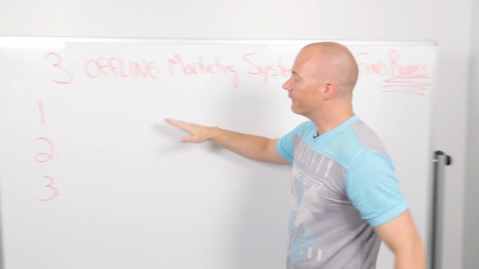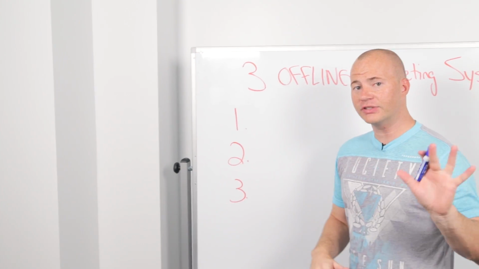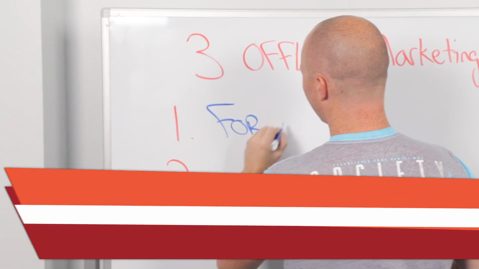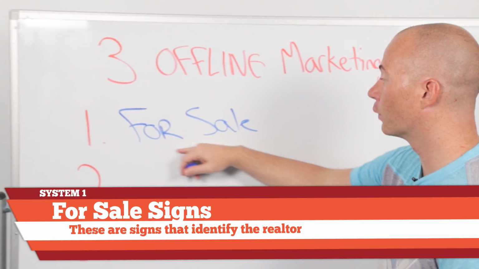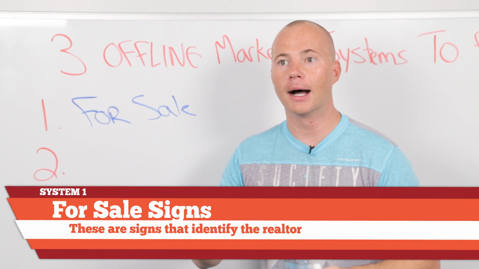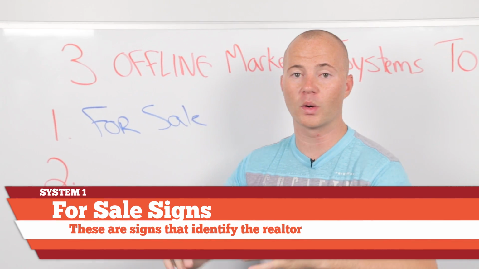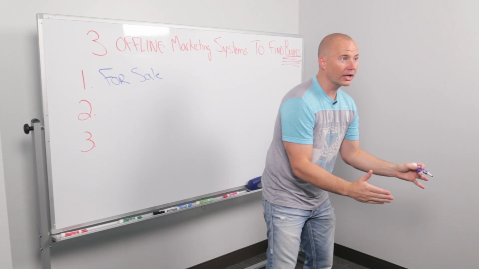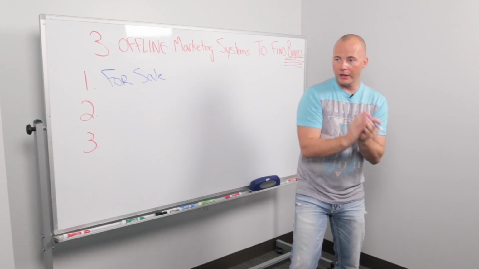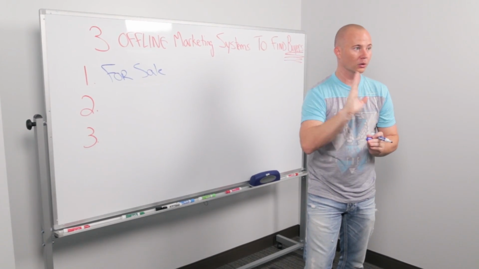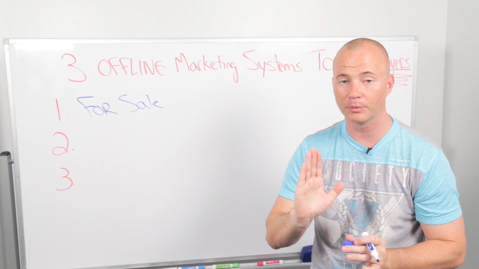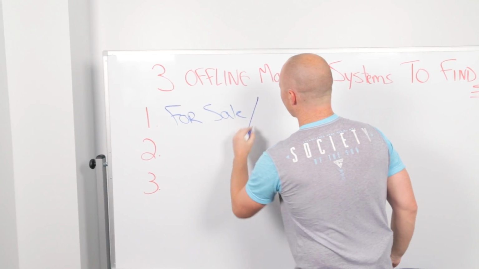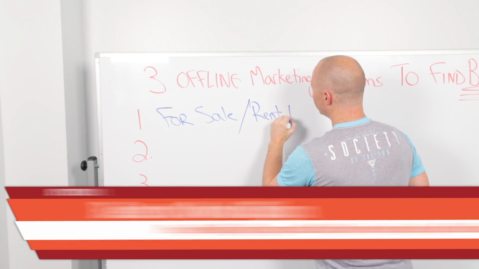The very first one is that on every single property that we have up for sale, we have to have a for sale sign in the yard, whether it's a realtor for sale sign or just a generic one. We always put it directly in line with the front door of the house. I mean, we have a system on this. So you've got your for sale sign, and next to it, we also put a rent to own